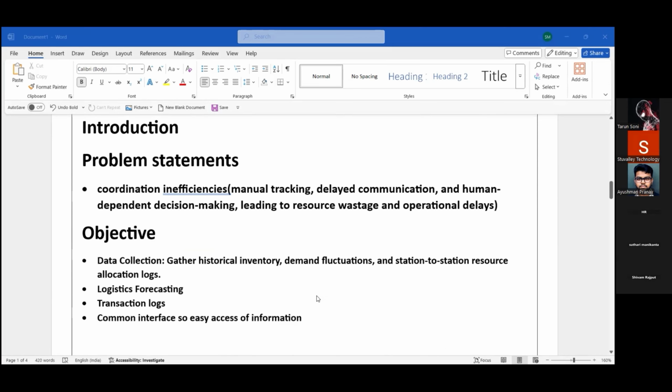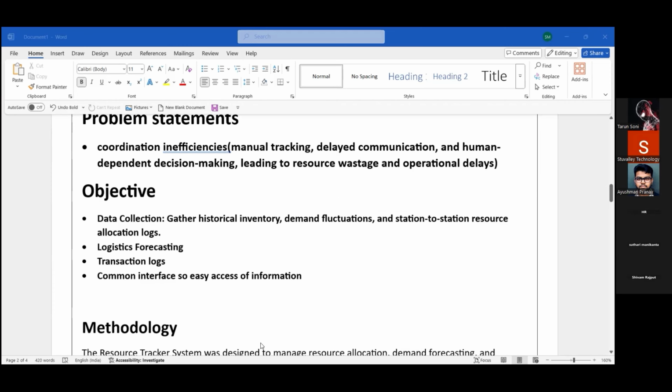When it comes to my problem statement, coordination inefficiency is my main concern. In the traditional sense, there is manual tracking, delayed communication, and human-dependent decision making. Because there is no real-time access to the data, there is delayed communication and unwanted operations, so resource wastage and operational delays happen. My objective is to create a common interface for providing real-time information